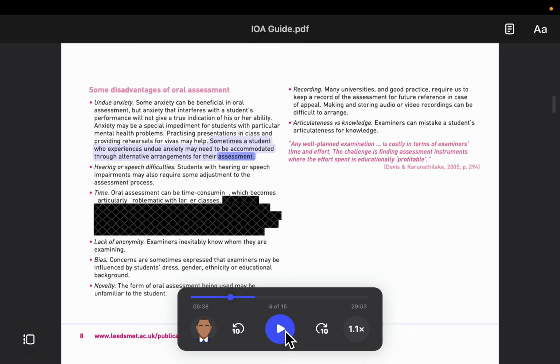I don't offer them a written response when it's formative, because they can just do it again. When it comes to summatives, I take one of two tacts because we don't want their grade to be based on anxiety. So either I offer them the opportunity to write and turn that in instead of being orally assessed,